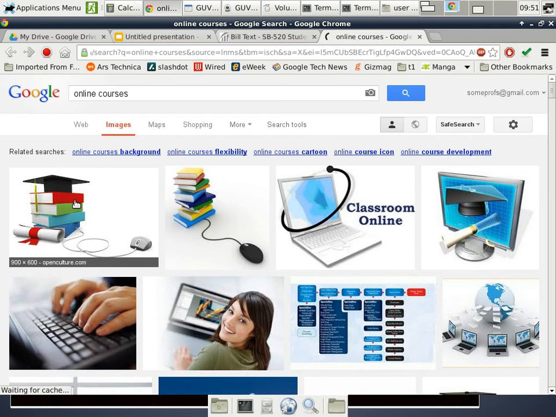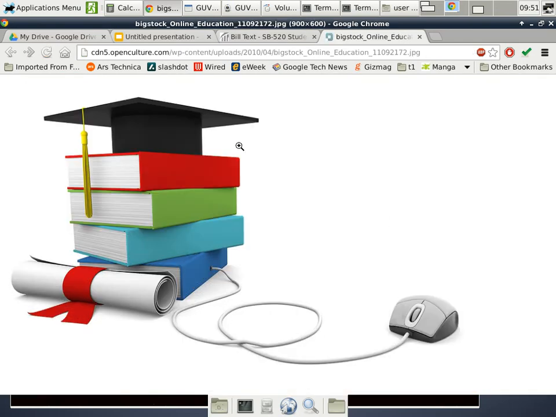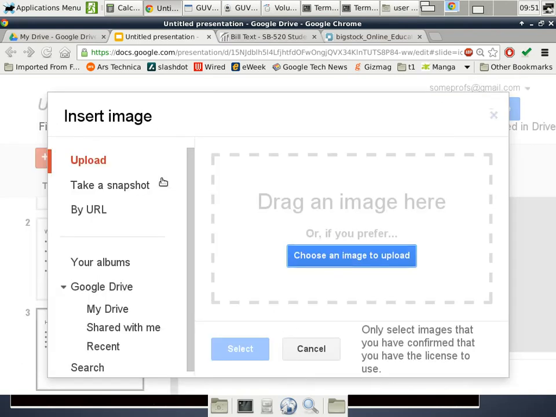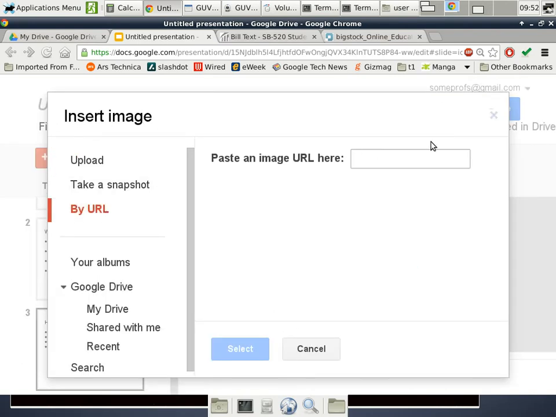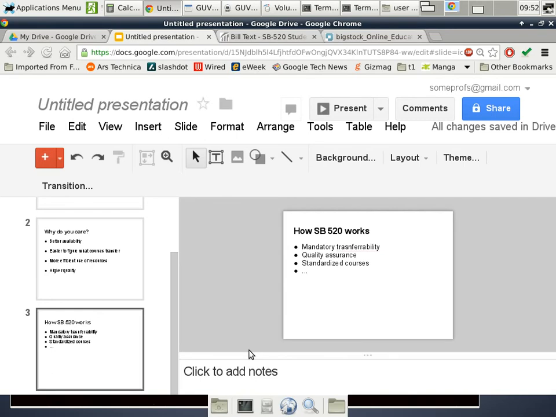Let's say this one here. Okay. Open culture, open original image, and now you have the URL or the web address of that particular image. Do a Control-C to copy, go back to your presentation, go to Insert, go to Image, and then insert by URL. Do a Control-V to paste the URL, click Select,